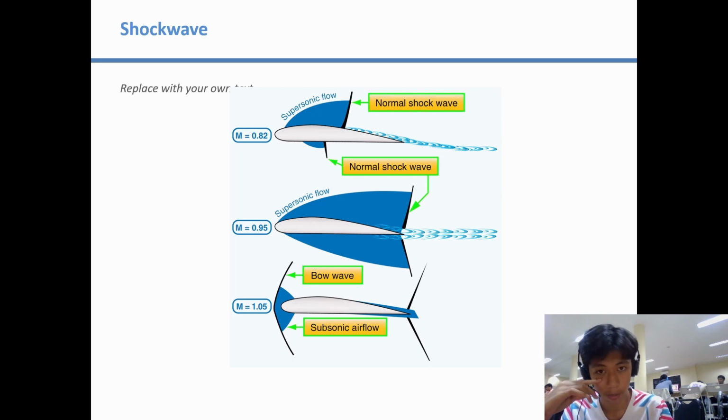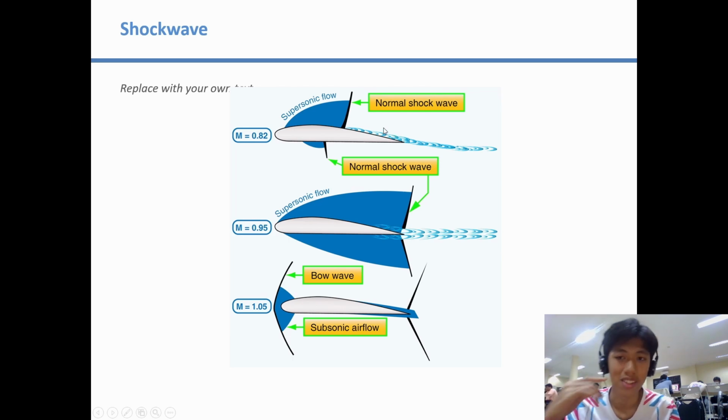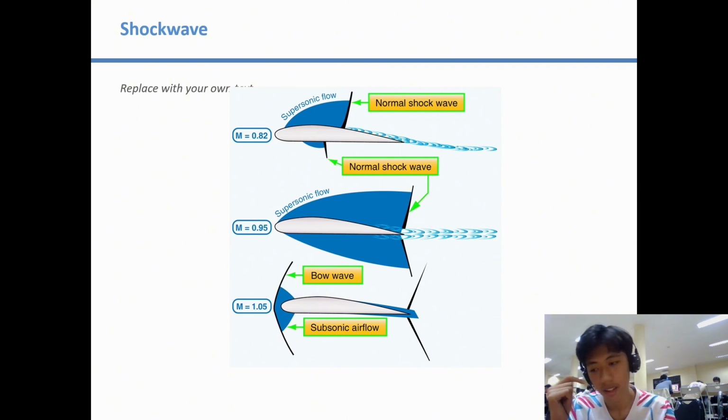Flow will be easily separated, and if the flow is easily separated, you will get... I really hope that you understand lift first. So the lift will be decreased, and the drag will be increased, and therefore the moment will change in the aircraft. And you can say that if the moments are changed, there will be some instability,